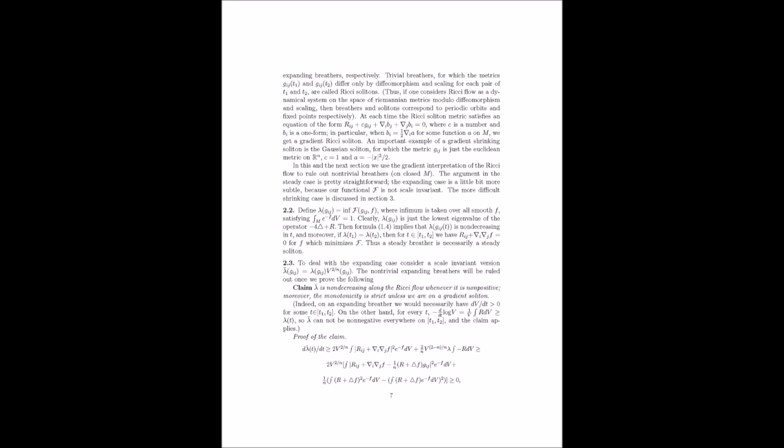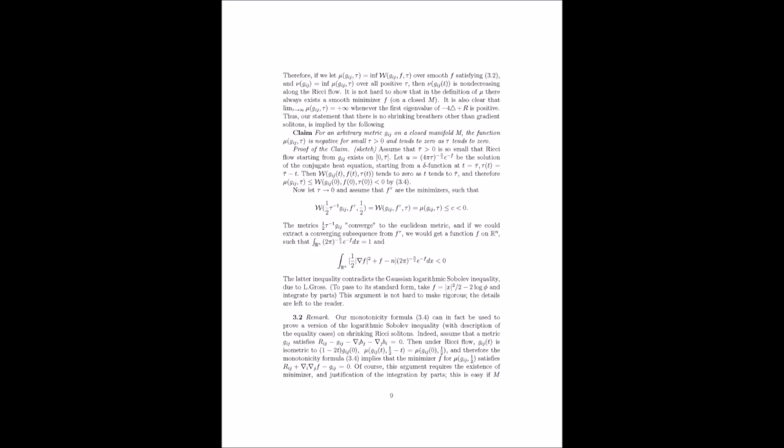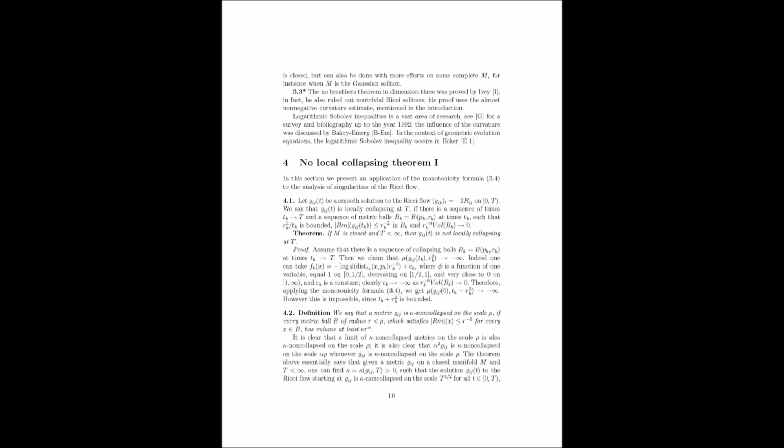It's ∂g/∂t = −2 Ric. But as you start to unpack it, you realize there's a whole universe of complexity hidden inside. So it's saying that the rate of change of the metric at a point is proportional to the Ricci curvature at that point. Exactly. Areas of high curvature change more rapidly, kind of like how wrinkles in space-time smooth out faster where there's a lot of gravitational action, right?